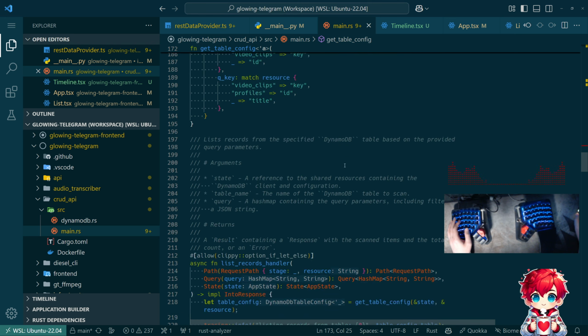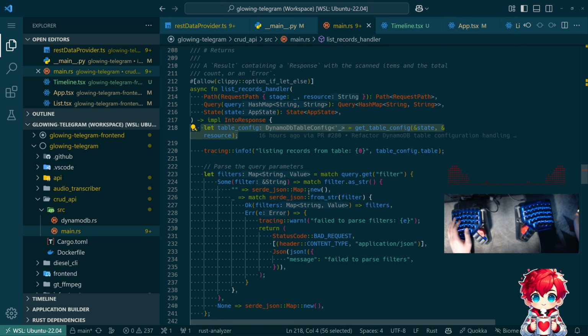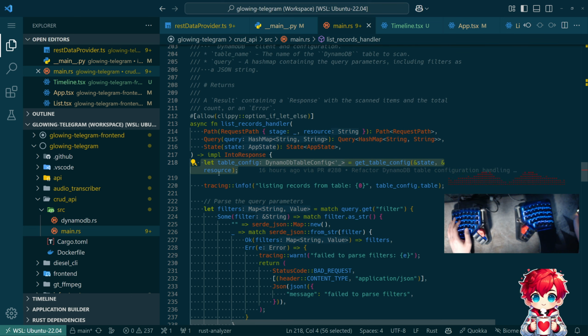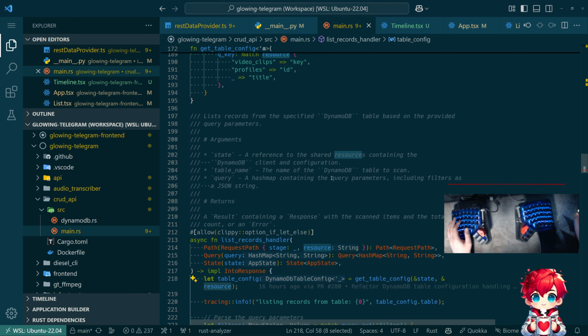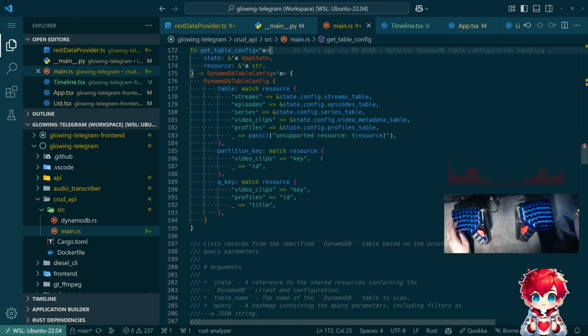And so each of these handlers uses this to fetch the information about the table that it needs to interact with for this request based on the resource. We're doing it with state, to get the config. I guess I could have it take the config here instead of app state in retrospect. So why is this relevant? Well, the handler,